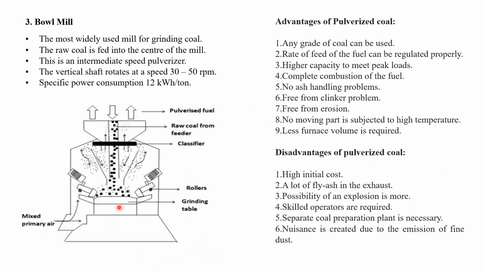Bowl mill. In bowl mill, we saw there are 3 rollers, and we have worked on this in a 210 megawatt plant. These rollers can be adjusted with the help of a spring mechanism, so that coal is pulverized to 200 mesh, passes through the classifiers and then to the burner. Okay. Then we saw the advantages and disadvantages. Most power plants use the bowl mill rather than the ball mill. Okay. So this was about